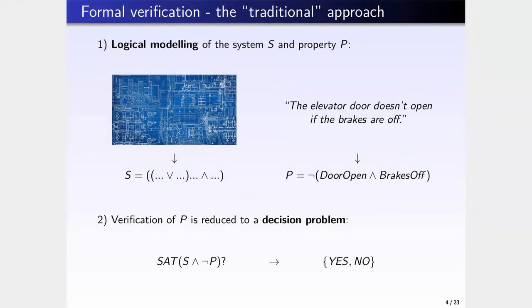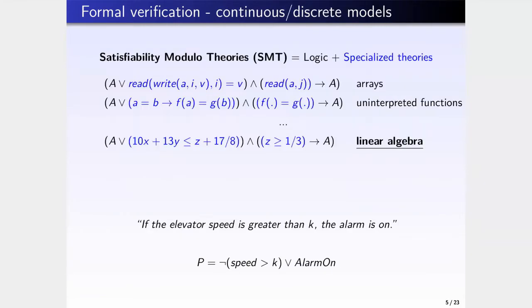For instance, you use a SAT solver if you're using propositional logic, and you ask this SAT solver whether there exists a possible world where this property of interest is not satisfied by the system. If your SAT solver returns yes, and this truth assignment, this possible world, that means that we are in trouble. We have to go back and debug the system, right? This approach has been extended